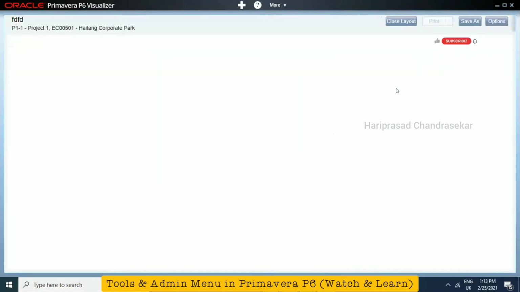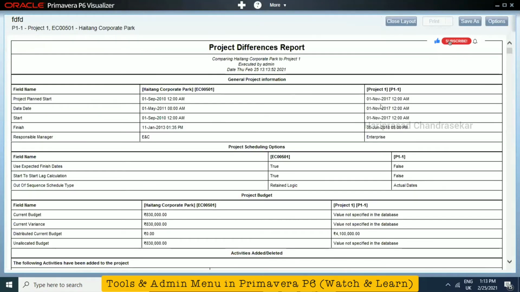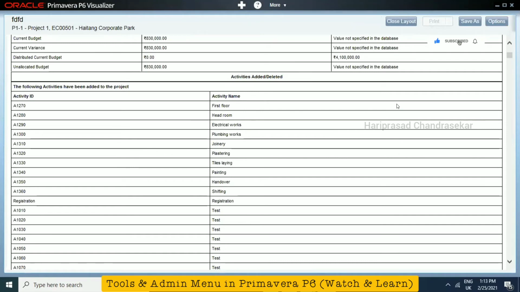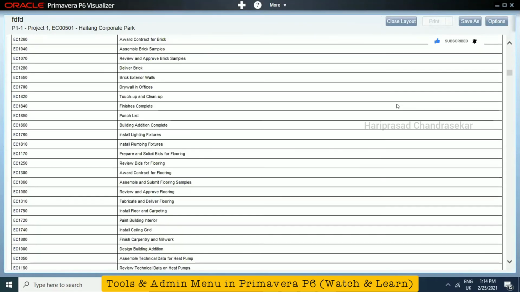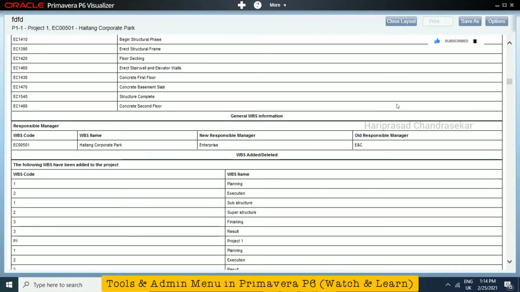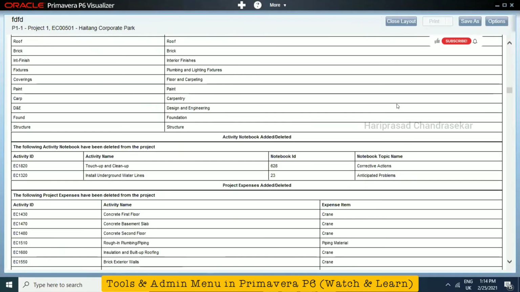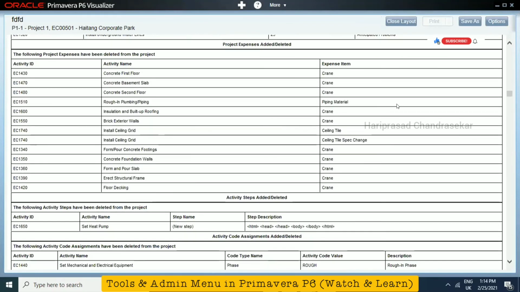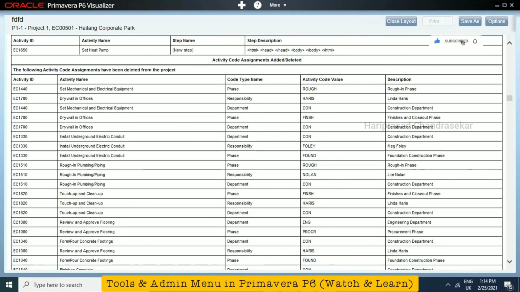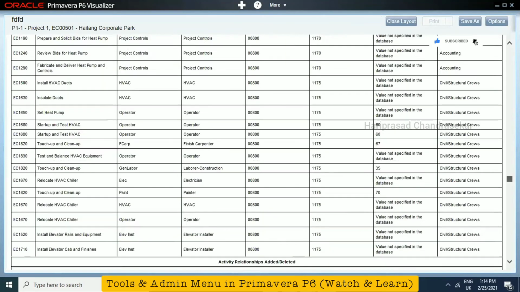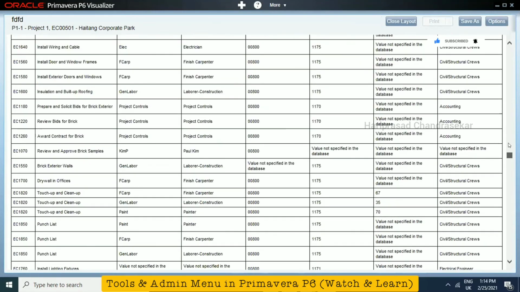See, now you will be getting a comparison for both the projects side by side. So these things you can get as comparisons and everything.